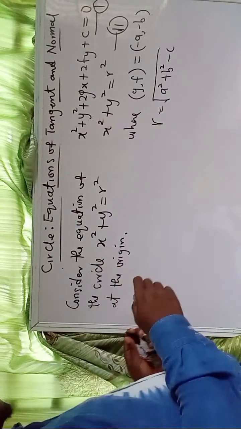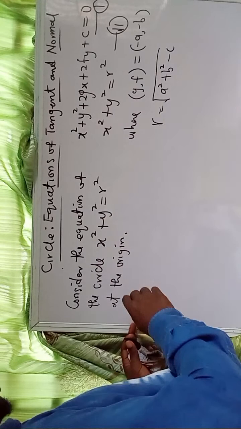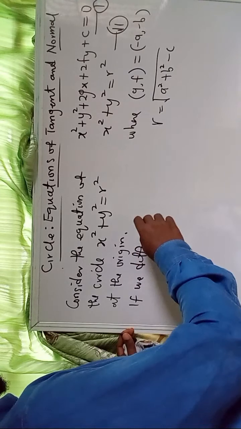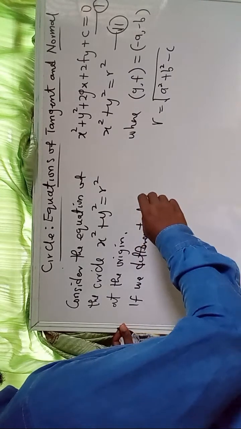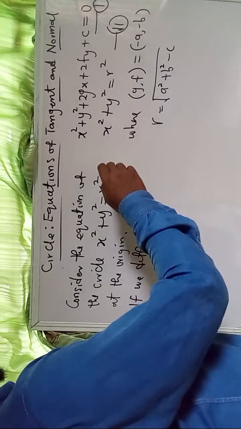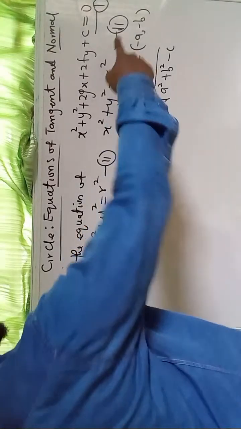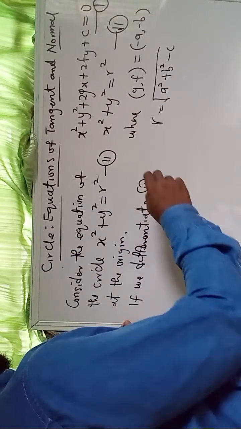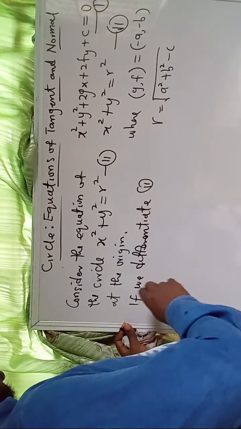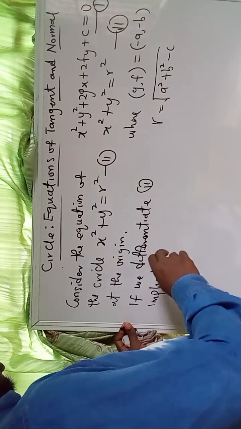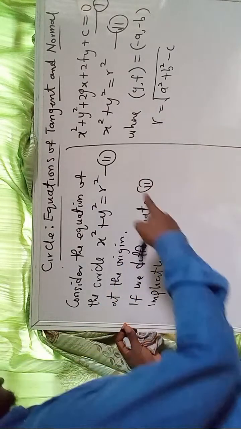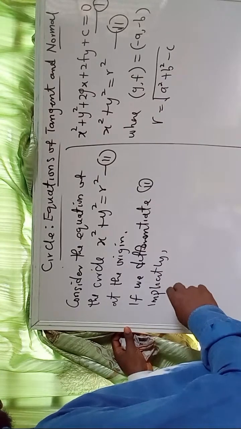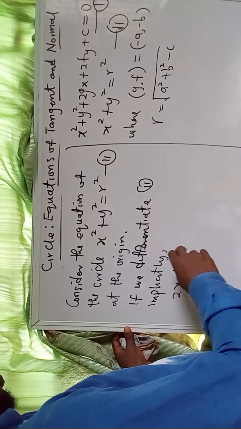So from here, if we differentiate, I'll revert this to this as equation 2 here. So if we differentiate equation 2 implicitly, this will be 2x plus 2y